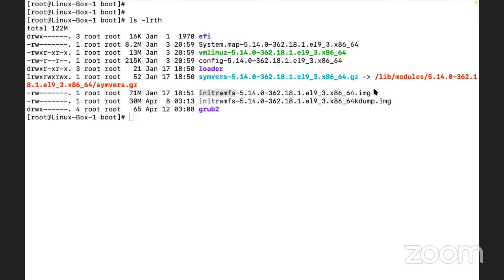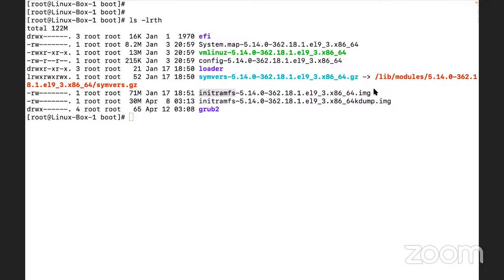Okay, and what is initrd? Initialize RAM disk. Okay, known as initial RAM disk. Now, what is it? It is a scheme for loading a temporary root file system into memory, and this is to be used as part of the Linux startup process.